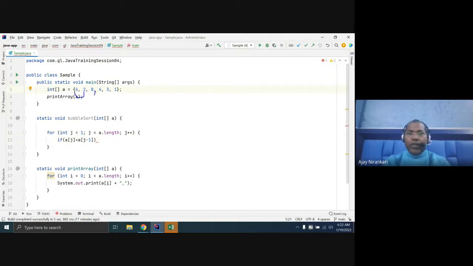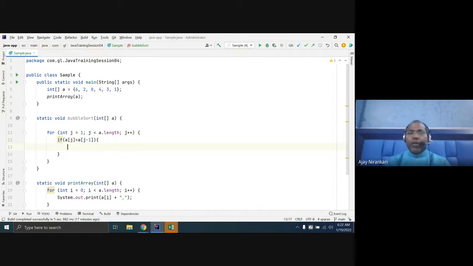So we start from 1, check 1 minus 1 which is 0, and compare with 1. If this is less, then we have to swap the data.